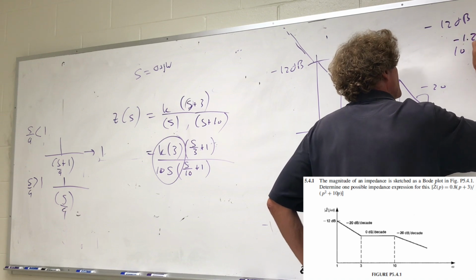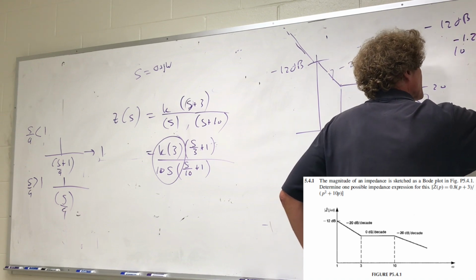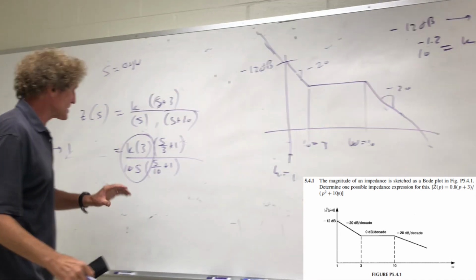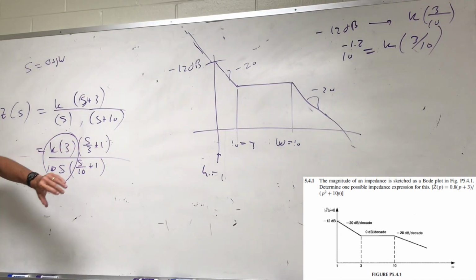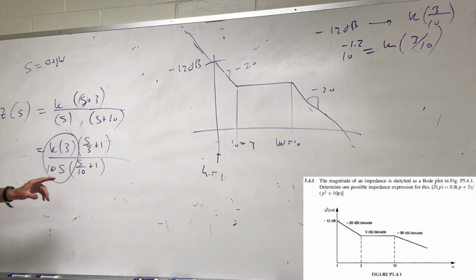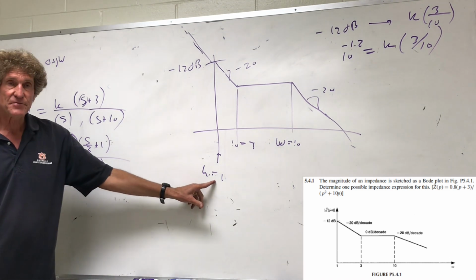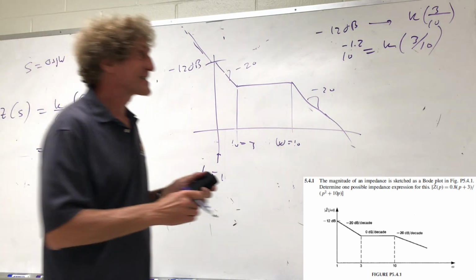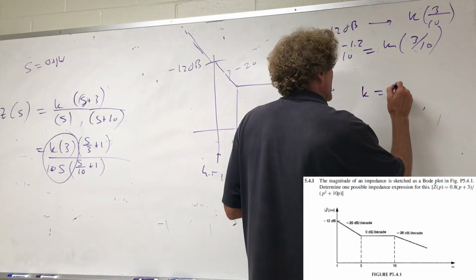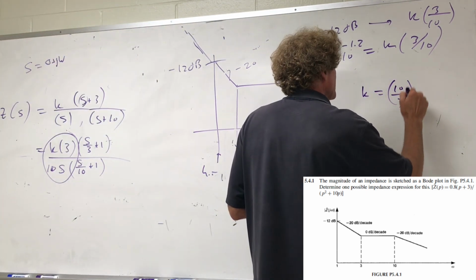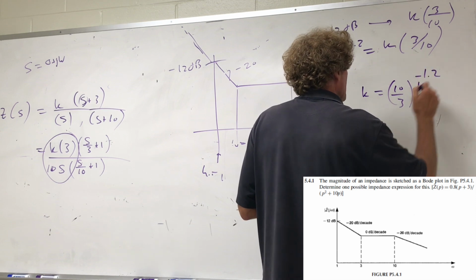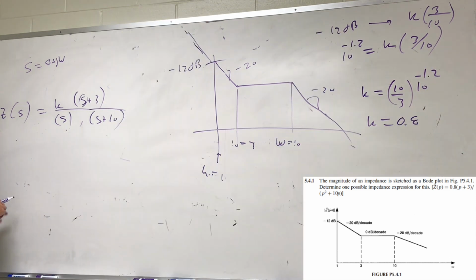Minus 1.2 is equal to K times 3/10. Remember, all this stuff, this is effectively 1, this is effectively 1. What do I have out in front? I have K times 3 over 10S, but the S value here would be 1. What is K then? K equals 10 thirds times 10 to the minus 1.2, and what do you get for K? 0.8. So this should be